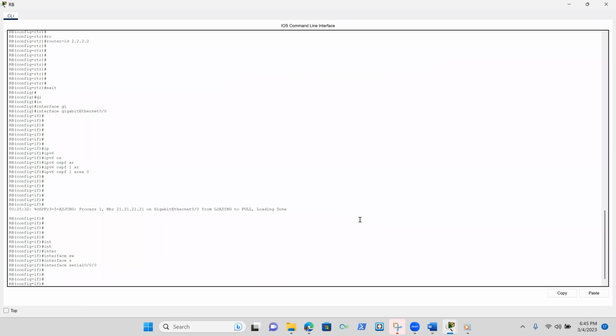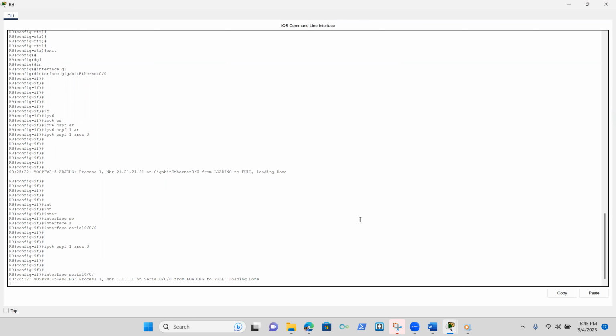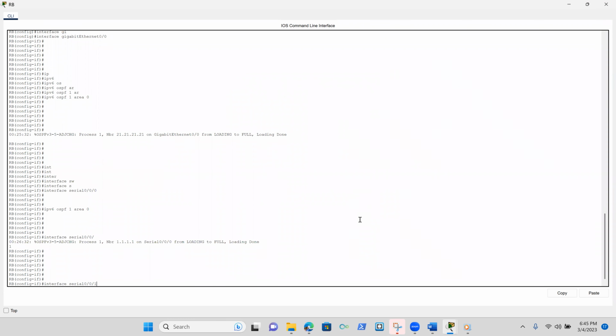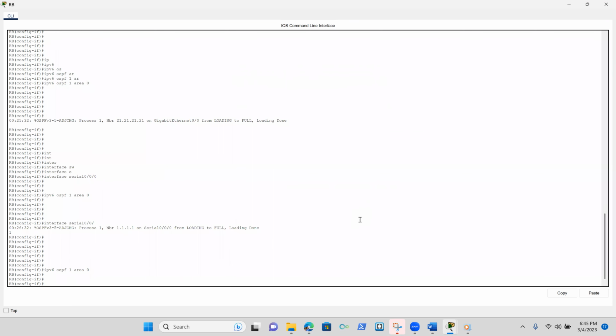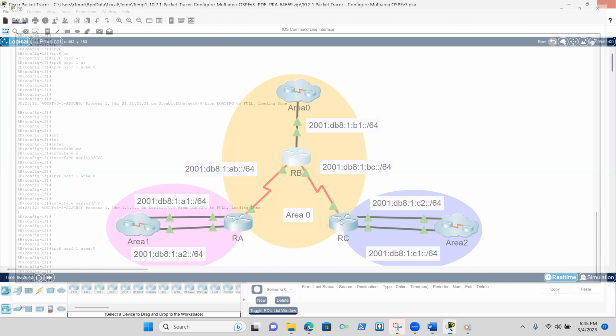Then we do what? IP version 6, OSPF 1. Then we do what? Area 0. So we're good. Now we can change this, make this 1, and then do the area 0 again for that. Okay, so that's pretty much all that we gotta do on router B to configure